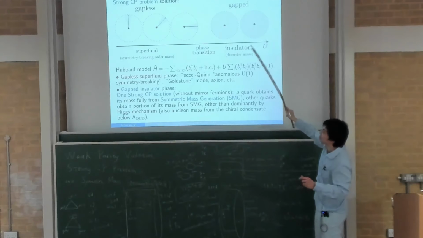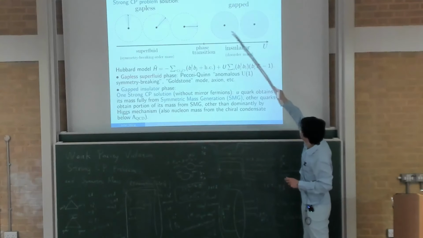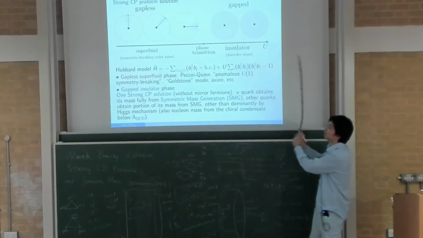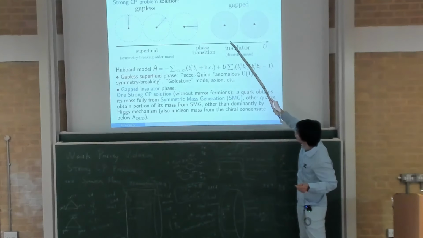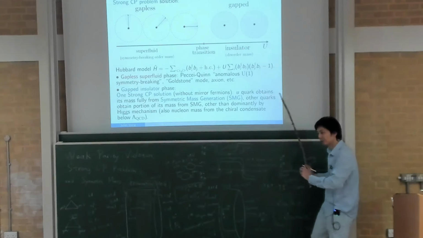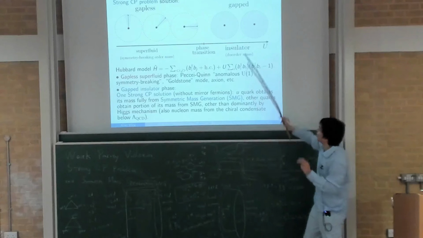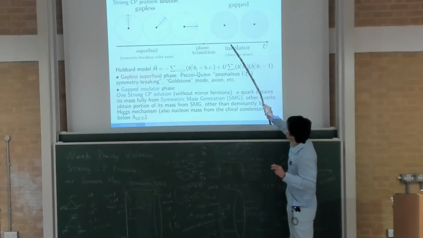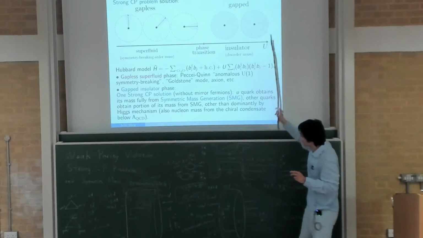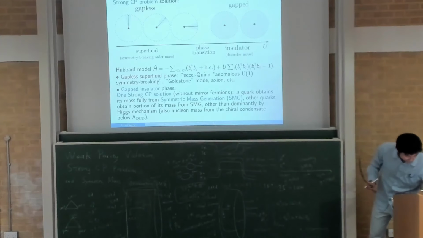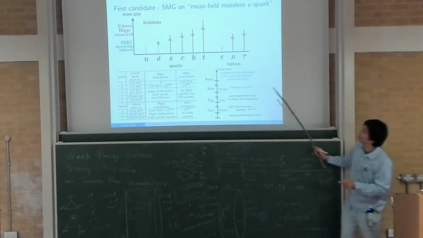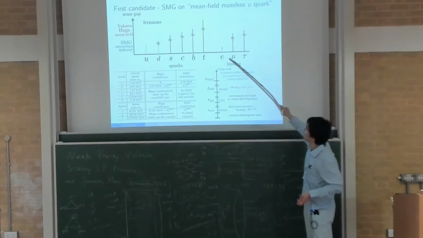So there's a possible disorder phase that is not happening on the mirror side. And so there's still a certain strong CP problem solution applying to the SMG without the mirror fermion. So these are two different ideas. But I can combine the two ideas together, such that this disorder phase indeed happens on the mirror side. So there's a choice. And the first choice I was saying is that you don't need that. You don't need to consider the mirror, but possibly just consider the original standard model.